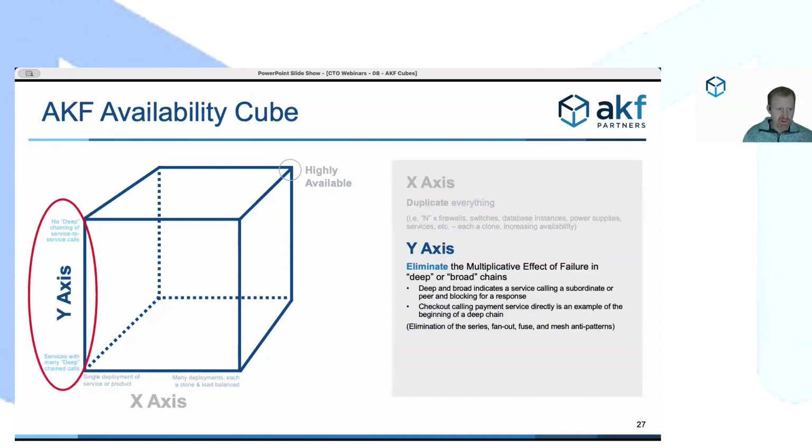Why? This is where the difference is here: do you have those broad or deep call chains? This is where you are at the bottom. You've got a lot of calls that have a lot of the anti-patterns that we talked about in the last session. You're in the higher end of the scale if you have no deep call chains. So the idea is you want to eliminate your calls in series, your fan outs, your fuses, your meshes, all of those anti-patterns that reduce